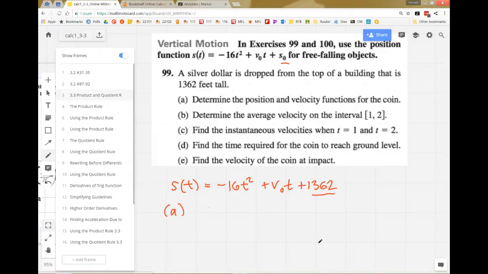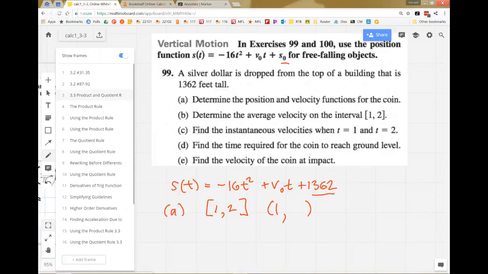The average velocity has nothing to do with calculus. The two intervals are from 1 to 2. So at 1, what would be the height? Well, if you plug in 1, negative 16,